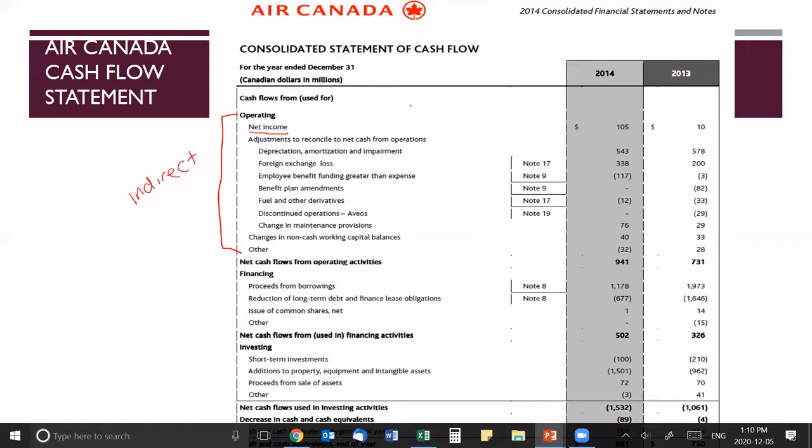So then they're looking at their operating. So they kind of split everything up. They total up their cash flows from operating. Then they move on to financing. Total the cash flows from financing, then they move on to investing, total that up, and then at the end,